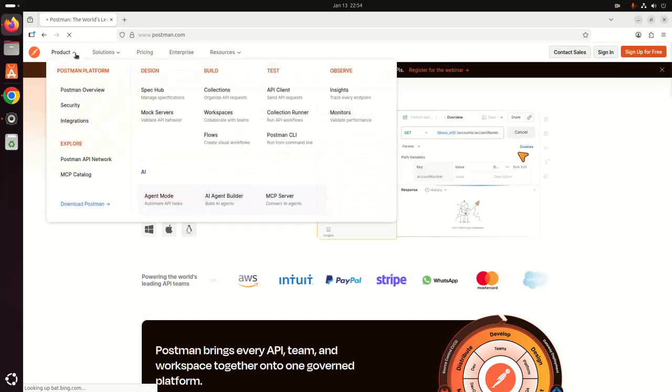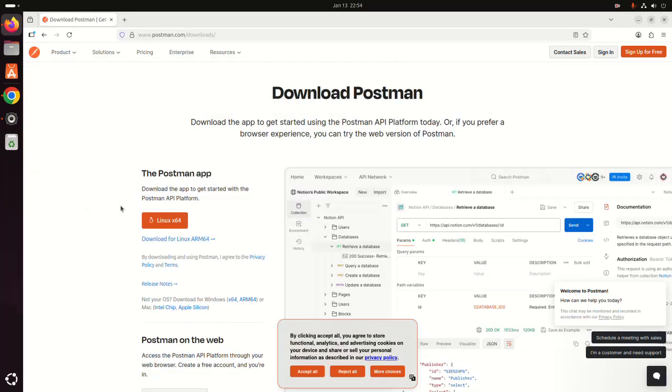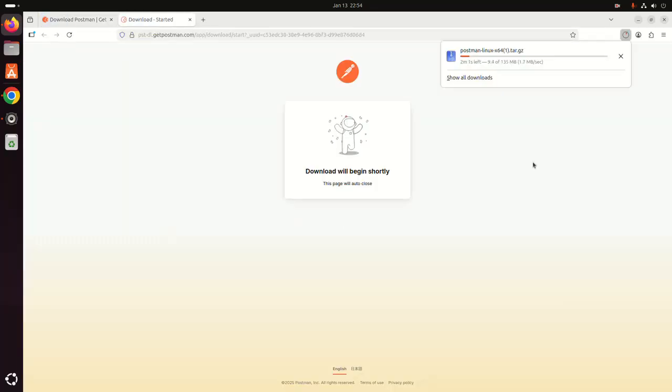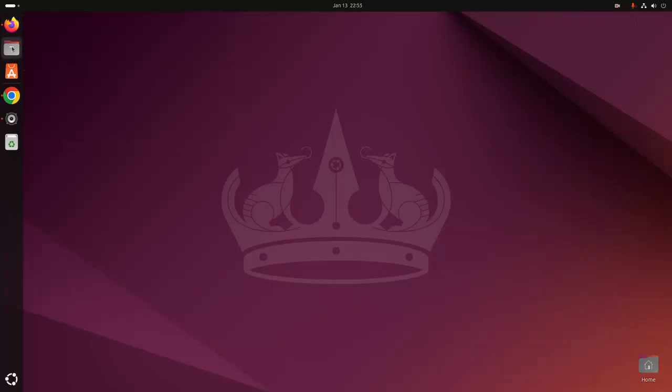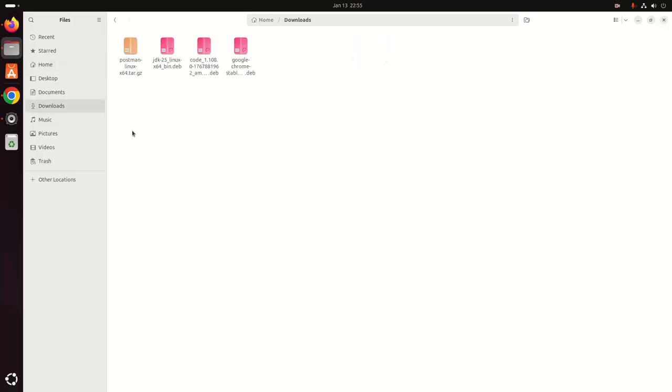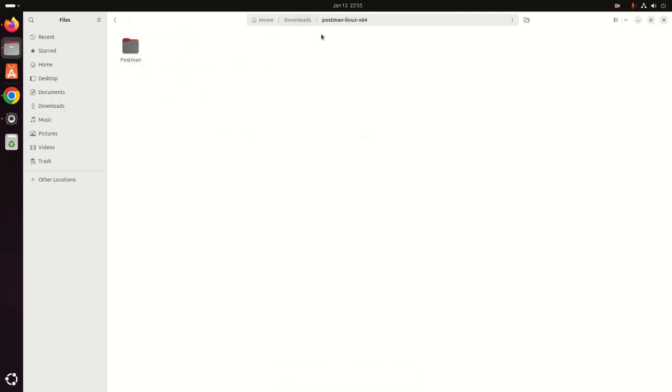Click on the product and then select this download link. Now download the Postman tar archive. Click here to download. I already have downloaded it on my machine. Okay, and then navigate to the downloads folder. Extract the archive file and then navigate to this directory. Now open in terminal